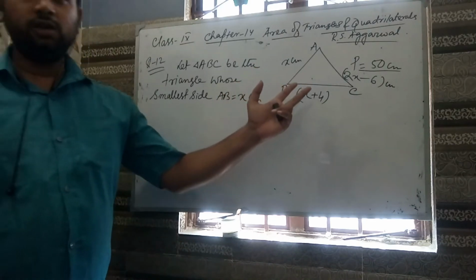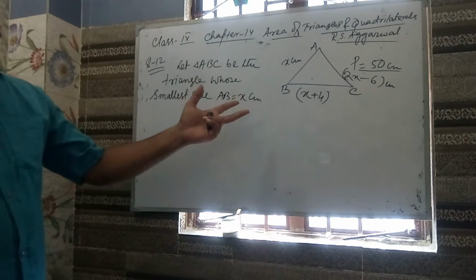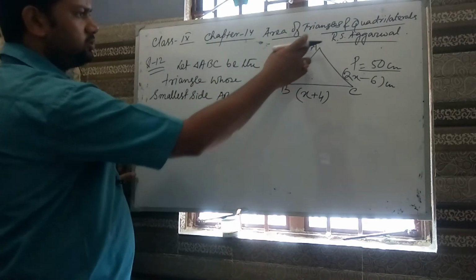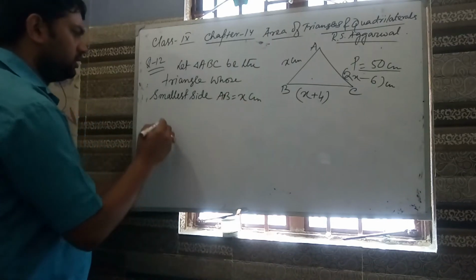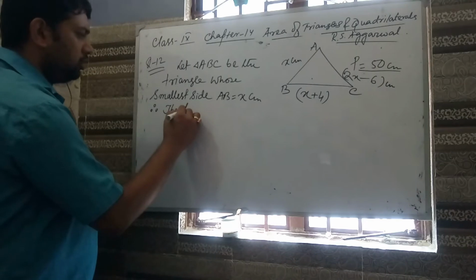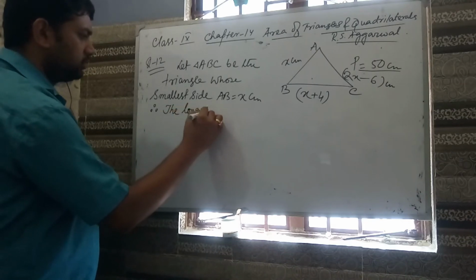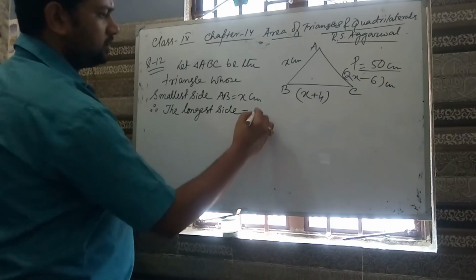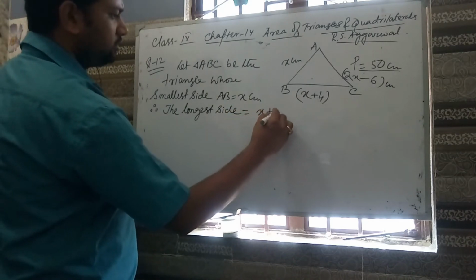Look, here we have drawn a rough sketch of the figure. So we have considered this one AB as x centimeter. Therefore, the longest side is x plus 4,